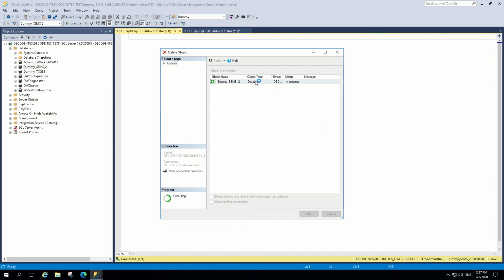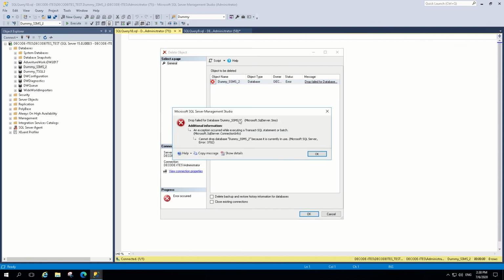It's in progress, it's trying to close the connection and acquire the lock over the database, but it will not be able to do it because the database session is still open and in use. You can say that we are not doing anything in the session, but SQL Server considers it in use because we have opened the connection and it's completely dependent on the user when they want to fire a command. You can see this command failed.